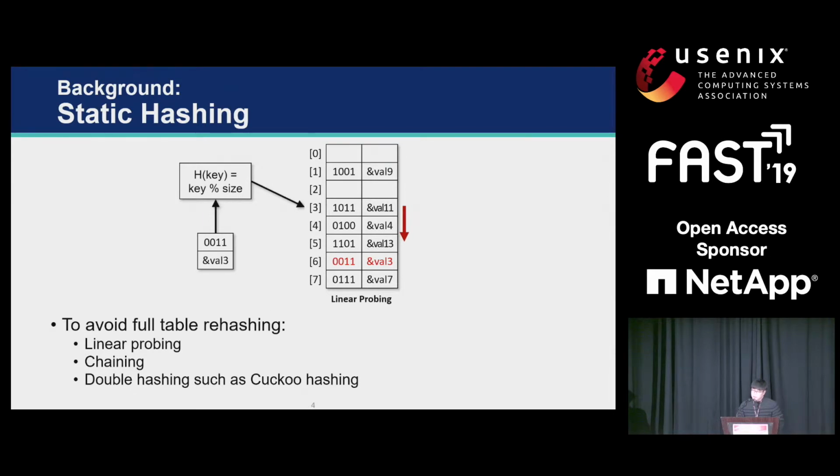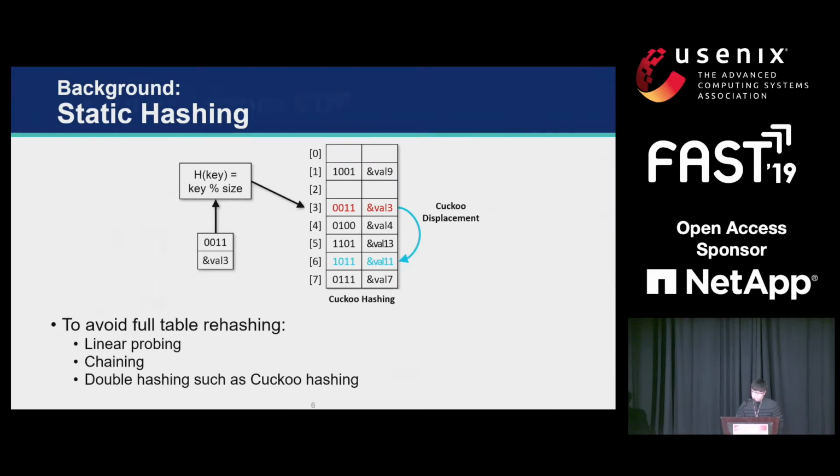One of the most well-known techniques is linear probing. Another one is chaining, and the other one is double hashing, such as cuckoo hashing. However, even if we use all these methods, we still need expensive full table rehashing to accommodate the increasing number of data. The problem of full table rehashing is that some queries that trigger full table rehashing suffer from long